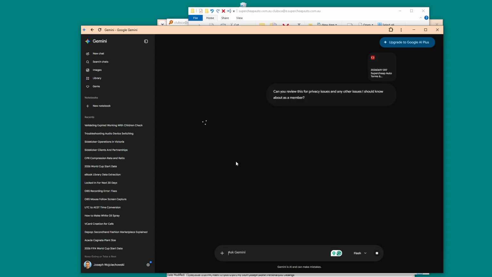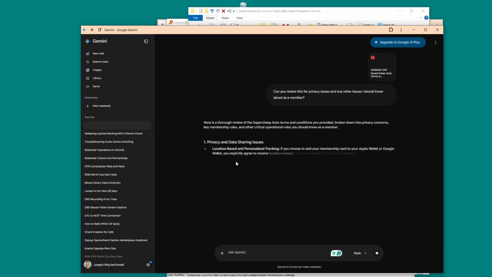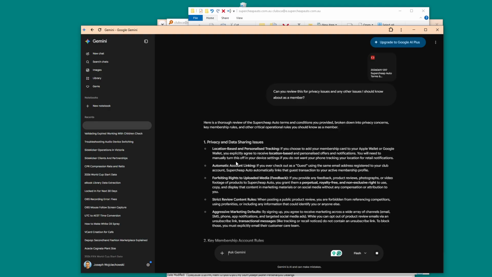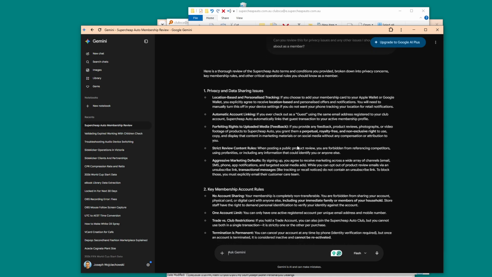That's just a quick way of reviewing it. So it's going to analyze it. Let's see what it's done. Here we go. Here is the thoughts: privacy, location-based personalized tracking. If you choose to add a membership card to the Apple Wallet, Google Wallet explicitly agrees to receive location-based information, automatic account linking, guest email registration, forfeit the right to upload feedback if you provide feedback, product reviews, blah blah blah. Supercheap